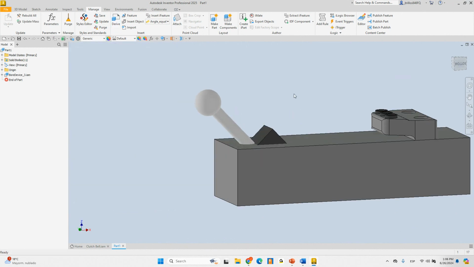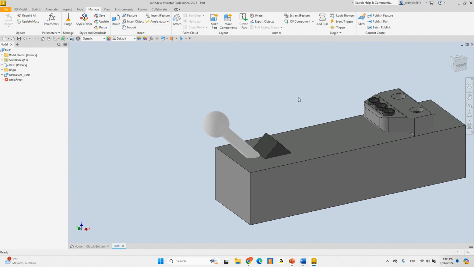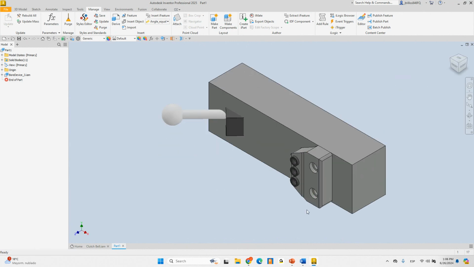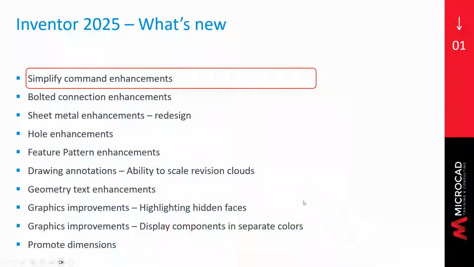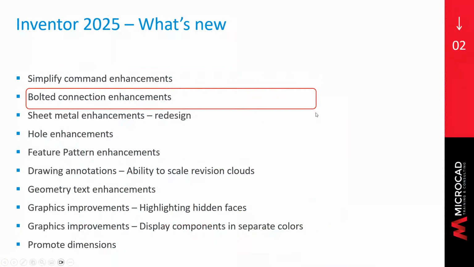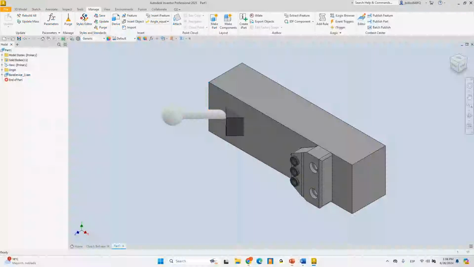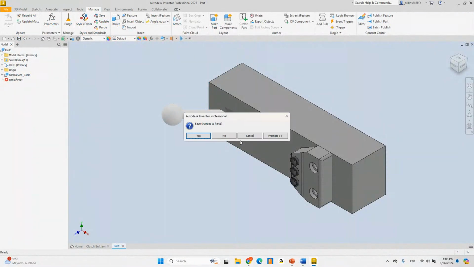There have been other enhancements to the derive tool, but I think that's one of the most important ones. Right, let's move to the next one on bolted connection. Basically, for bolted connection, we have